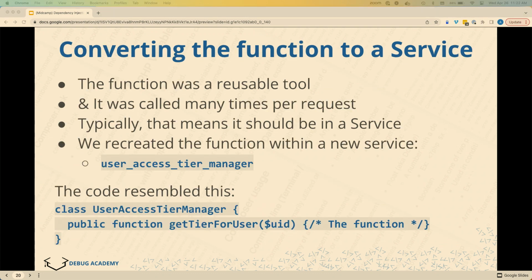So the first thing I did, I was tasked with solving this. I converted it to a service, just because in Drupal 8 and above, if you have a tool that's going to be used repeatedly, it usually should be created as a service. So this was essentially a tool, amongst other tools we had. So I created a service for it,